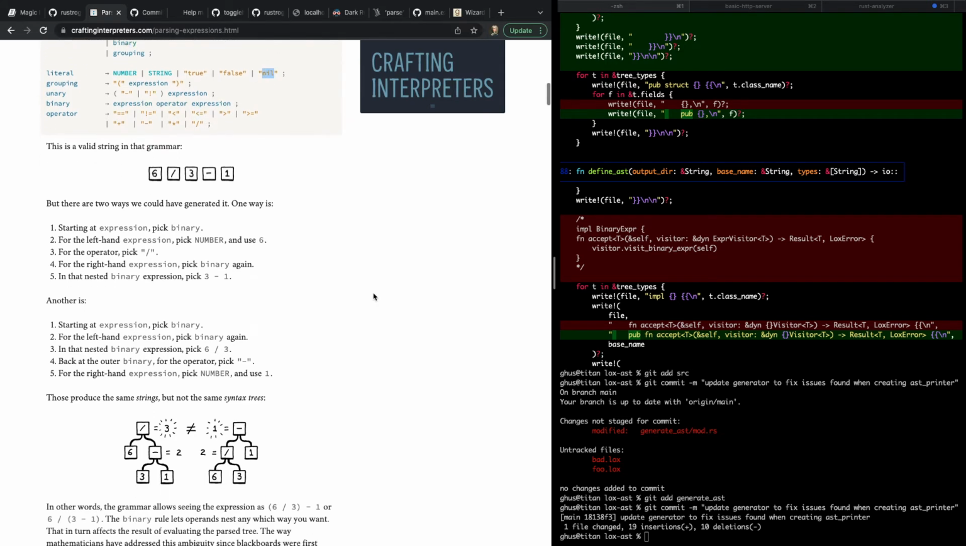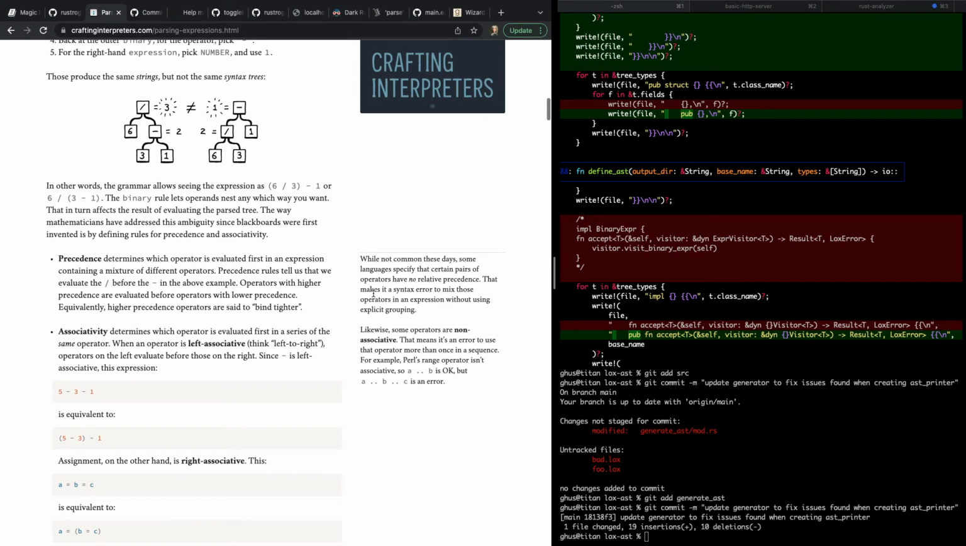So Lox has a nil for values. In other words, the grammar allows seeing the expression as 6 divided by 3 minus 1, or 6 divided by the quantity 3 minus 1. The binary rule lets operands nest any which way you want, and that in turn affects the result of evaluating